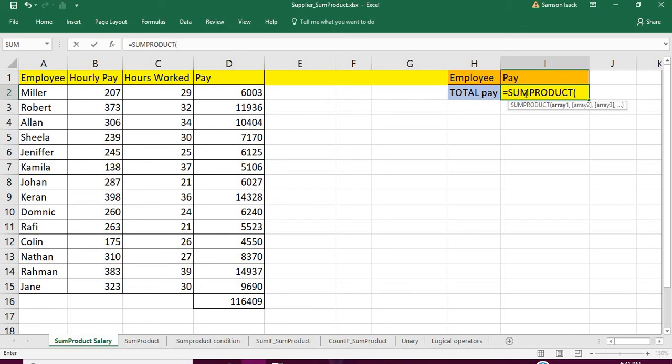In this SumProduct function you can see array 1, array 2, array 3. An array is nothing but a list of numbers in a column, or it can be in a row, or it can be 2 by 2 or 3 by 2, whatever. It can be any region also. So this is the first array, array 1, comma,